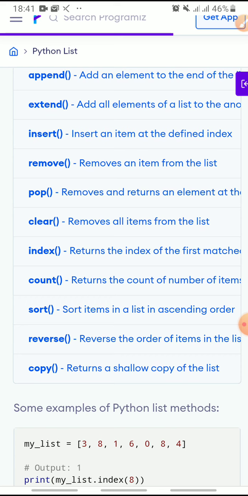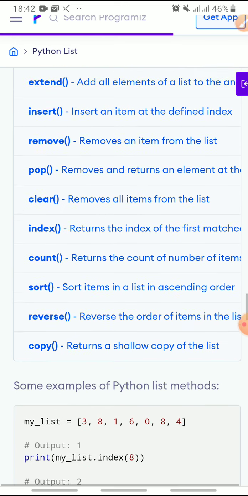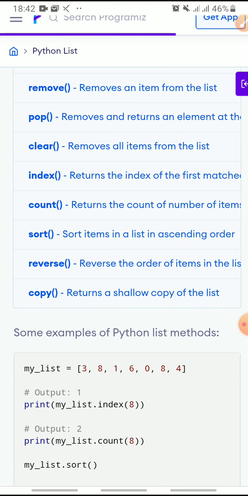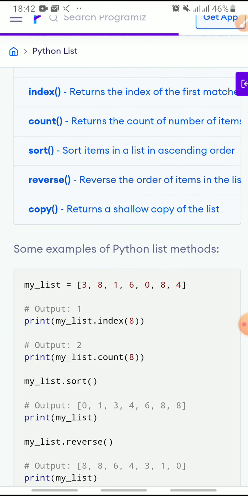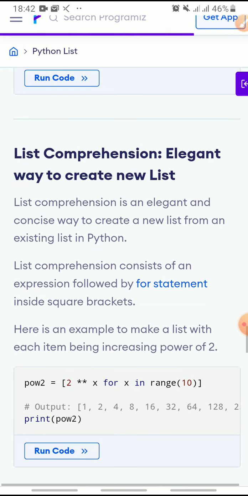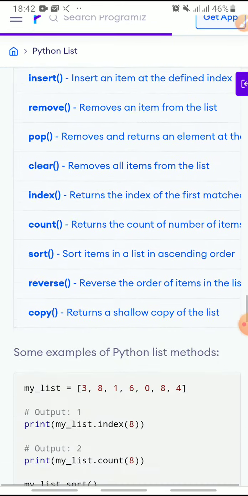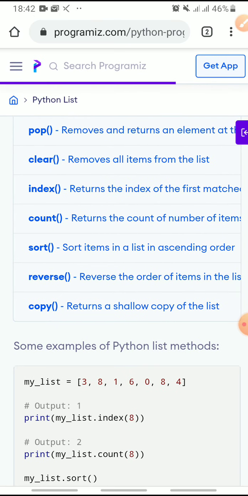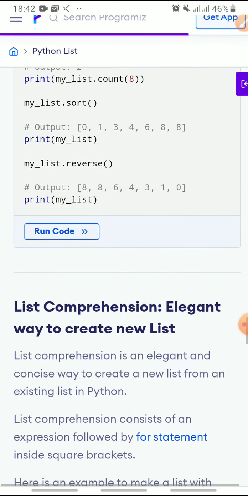Then count: if I want to count how many times an element occurs, I will use the count method. Sort arranges all the elements in order. Reverse reverses all the elements of a list. And copy returns a shallow copy of the list. These are the simple methods. You have to write down these things in your notebook.